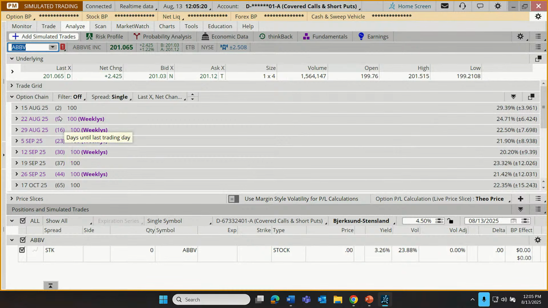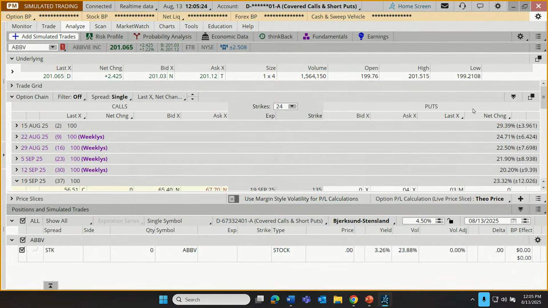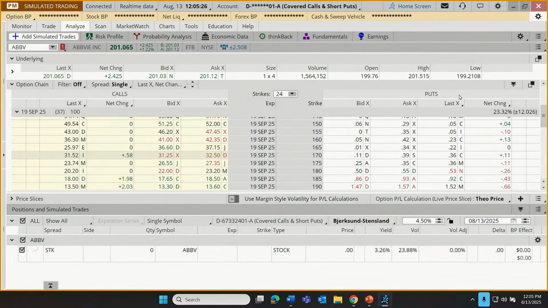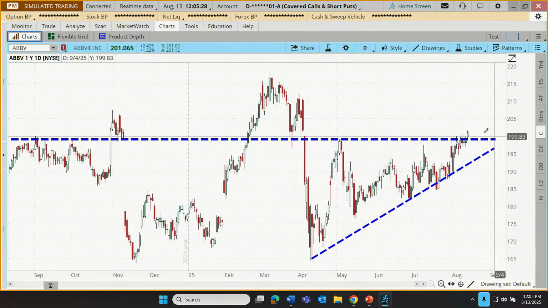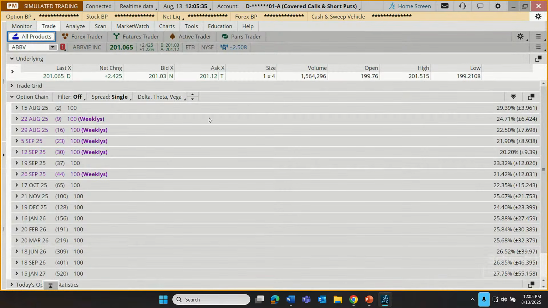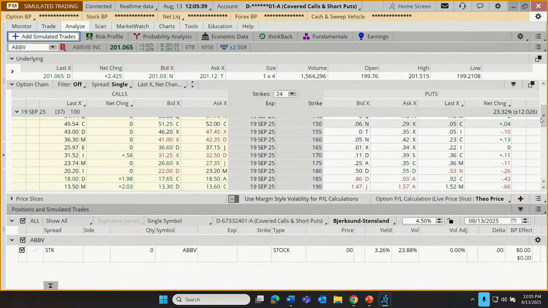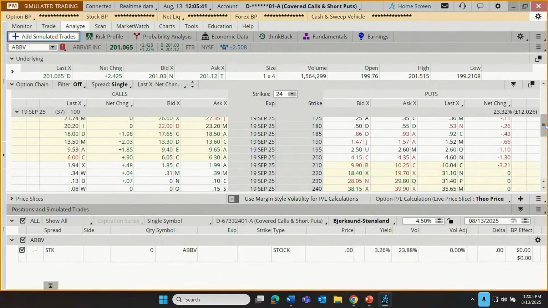And for today, let's say that our trader is maybe looking at the 19th of September. Let's go down to that expiration. And how about with our stock having just broken through up above that 200 for the first time in months? How about if we set up a trade doing the 195, 200 long call spread? It's a bullish strategy where the trader just prefers for the stock to stay above 200. That's it in a nutshell.